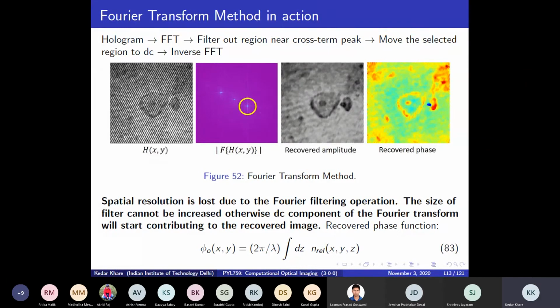And so the Fourier method is inherently a sort of low pass filtering method, because it only selects a small region around the cross term peak. So this side lobe peak, it can only select a small region around it, and your resolution is limited by how big a filter you can possibly use without corrupting the image from the signal that is sitting in the center band. Meaning already the size of circle I have used is slightly bigger here. So it is already getting affected by some information from the center band.